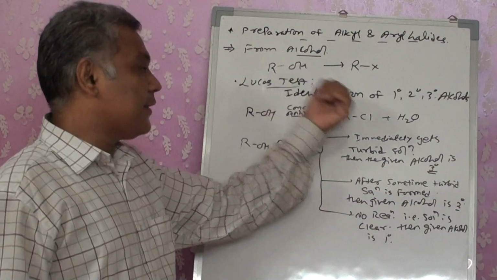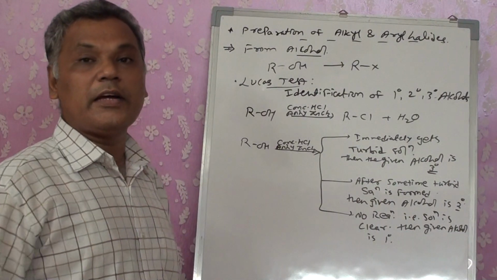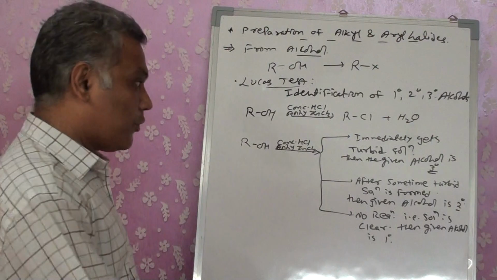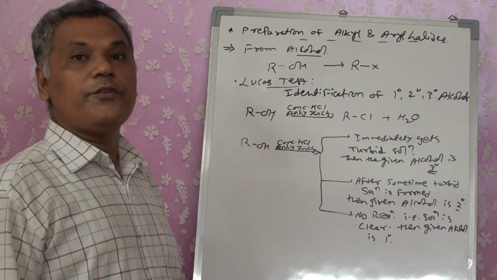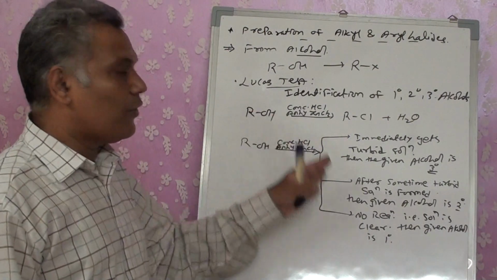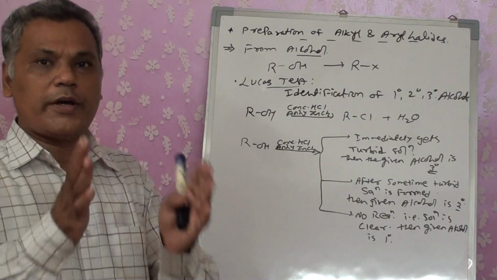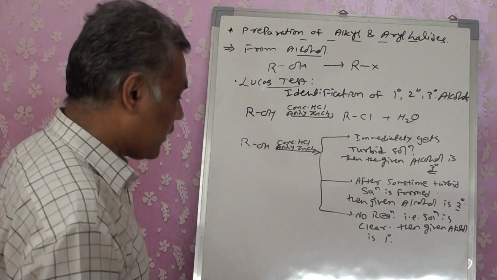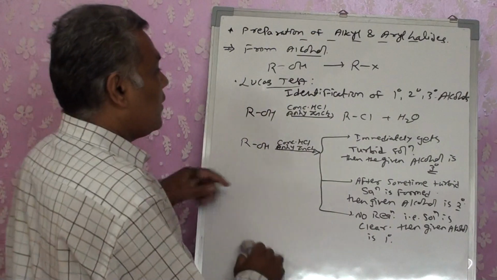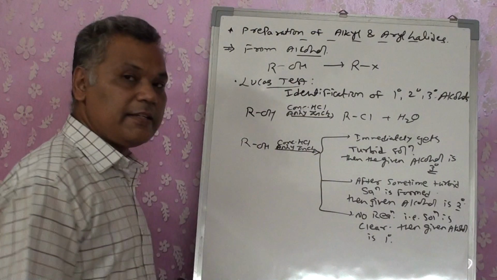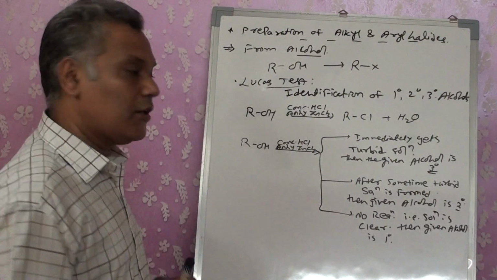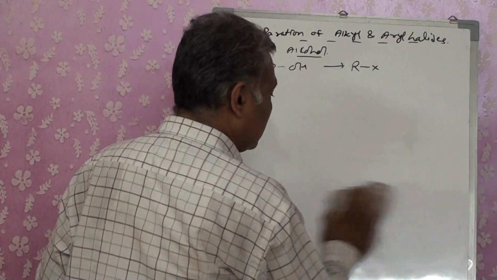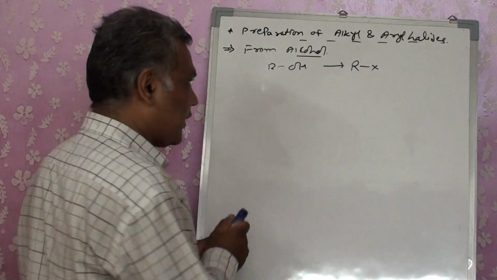So this one will help you. If you learn like this, it will help you to write the conversions, distinguishing tests, or what happens when certain compounds are mixed together. Different questions like that are asked. That will help you, so don't just cram the reactions. Okay. Now this was your first method from the alcohol, by using concentrated HCl and ZnCl2, that is your first reagent. Now in place of concentrated HCl and ZnCl2, is there any other reaction that can be done?